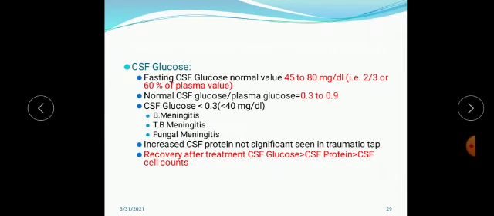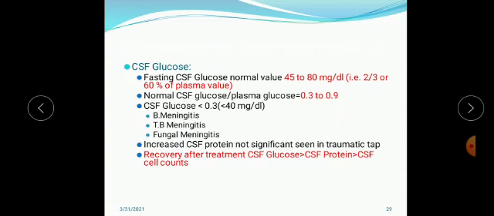Whenever CSF glucose is less than 0.3 or less than 40 milligram per deciliter, the causes to suspect are bacterial meningitis, tuberculous meningitis, and fungal meningitis. Increased CSF protein is not significant in the traumatic type. In recovery after treatment, the picture will usually be that the highest amount is glucose, followed by protein, and the lowest amount